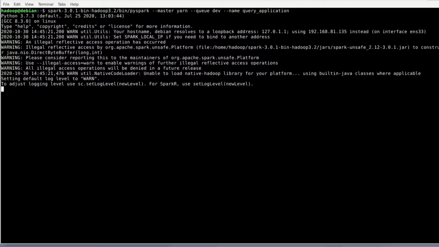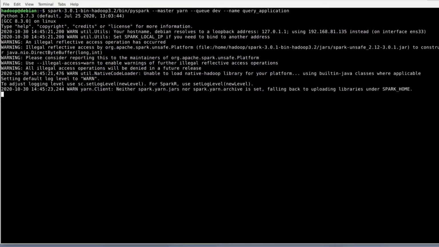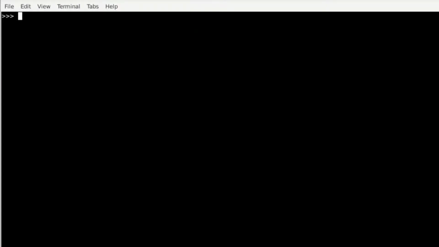Now it's loading. And all of this should be familiar by now. We tell Spark that we would like to create an interactive PySpark session. It should connect to Yarn. We want to work with it on the dev queue, and the name of the application should be query_application. Now it's loading. So we are now greeted with the PySpark shell, and we're going to read in the Titanic